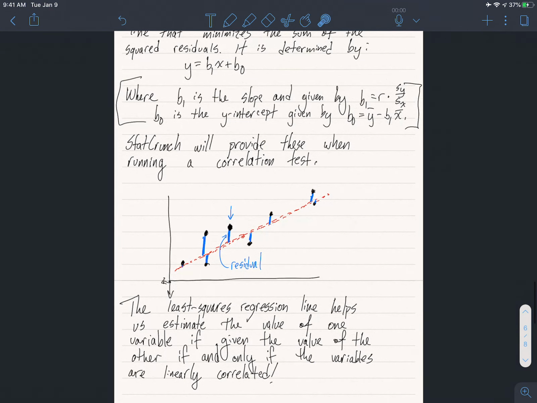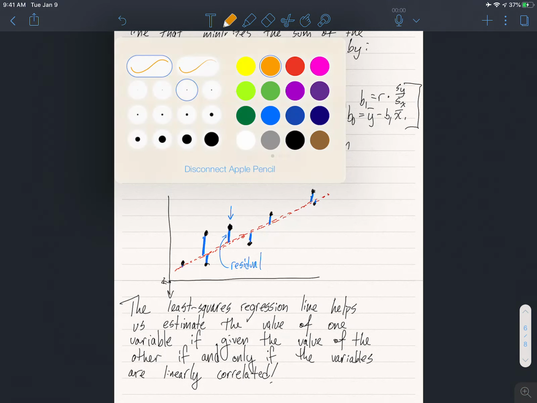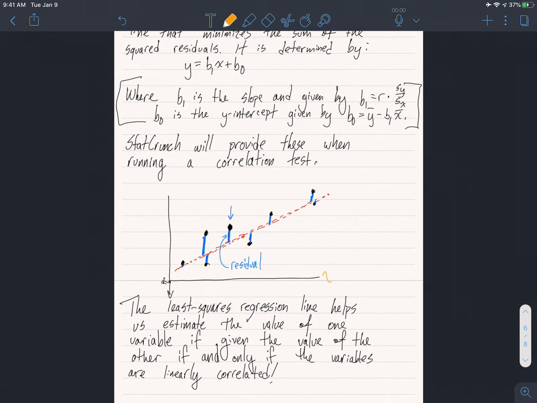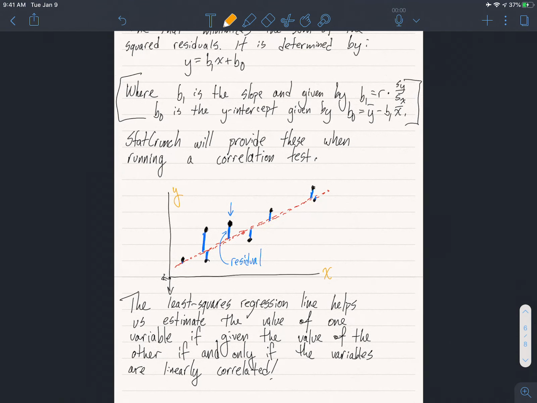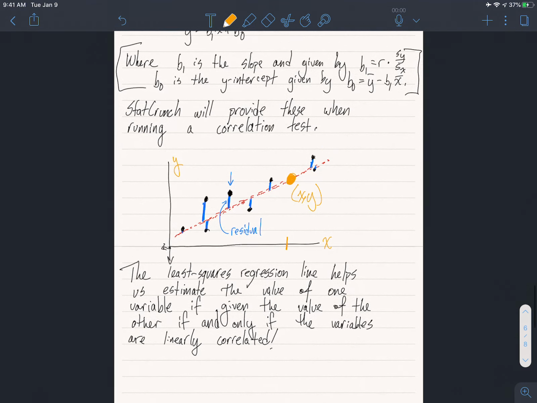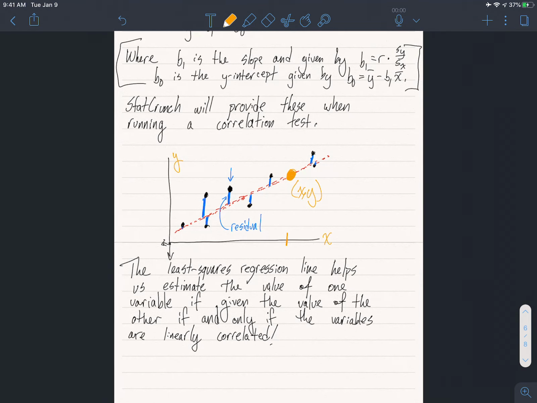Basically what I'm saying is, since we have the equation for the line that these dots are supposedly following, if I ask, let's say here's x, here's y, what is the value of y when x is here, you can say, oh, well, it'll be around this point on the line, right? So you can come up with the pair x, y by just using that regression line. But that's only if they're correlated. If they are not correlated,